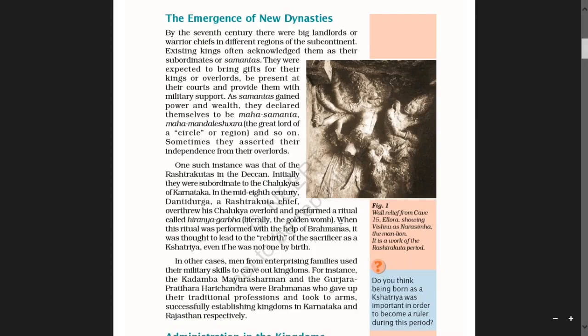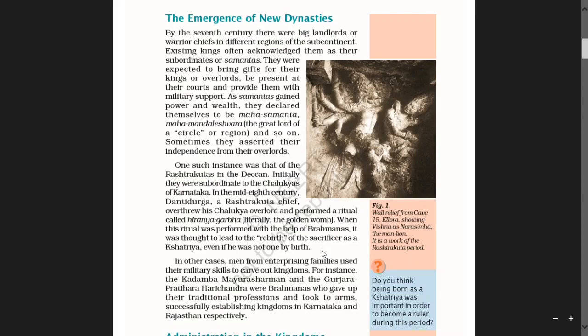Before becoming a king, this type of ritual used to take place. When this ritual was performed with the help of Brahmanas, it was thought to lead to the rebirth of the sacrificer as a Kshatriya, even if he was not one by birth.